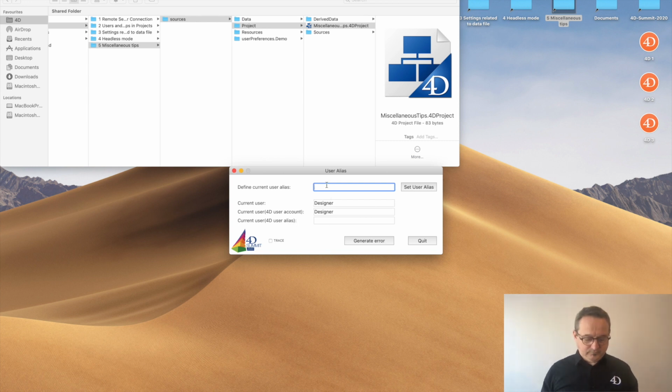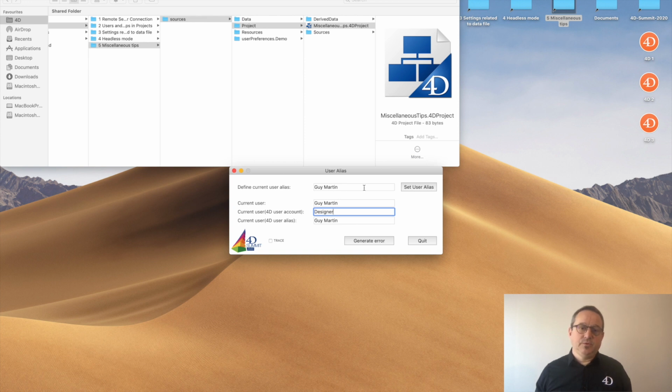So if I set the user alias, I can see that the current user automatically changed, but not the 4D account. So yeah, you can use this way if you use generic users in your application.